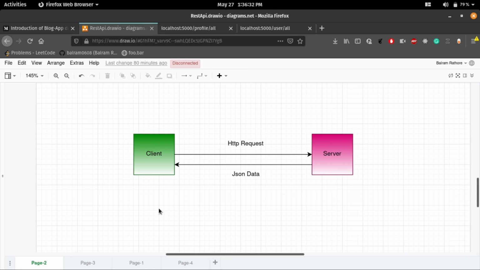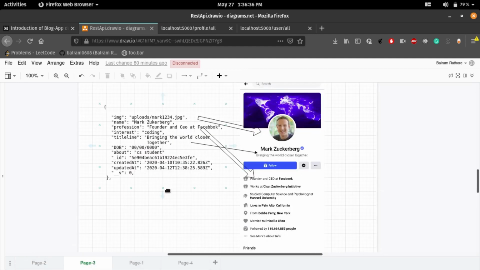The JSON data will look like this. It's basically the JavaScript Object Notation data format. So what does the front-end developer do? They convert this JSON data and represent it to the user in a way that they can understand.